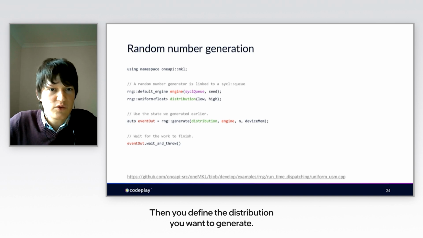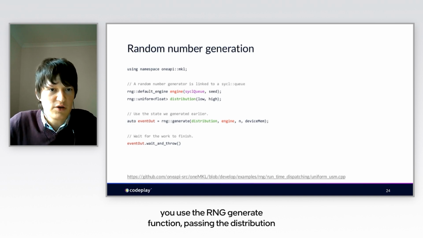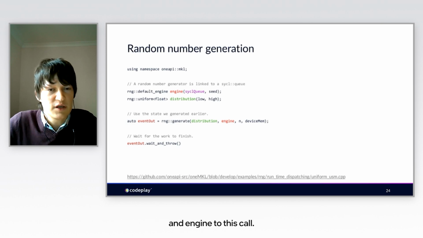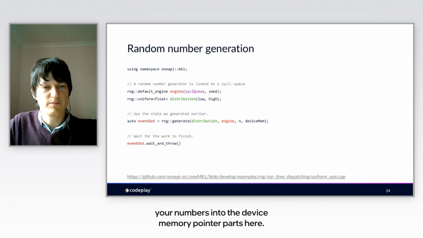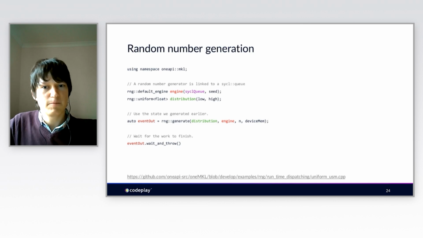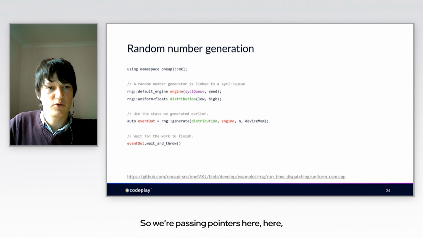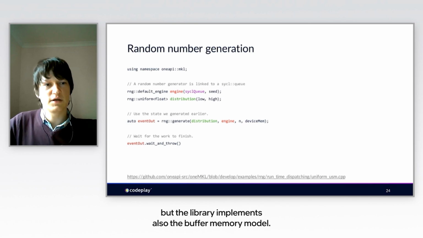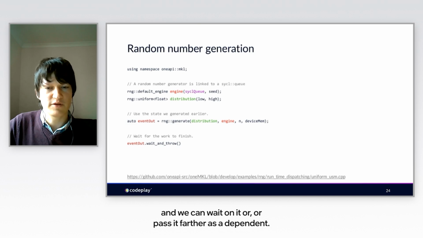Then you define the distribution you want to generate, and finally, in your actual computation, you use the RNG generate function, passing the distribution and engine to this call, and getting your numbers into the device memory pointer paths here. One thing I didn't mention, all these examples show the USM memory model, so we're passing pointers here. But the library implements also the buffer memory model, so both can be used, whichever you prefer. And again, we get an event out of this call, and we can wait on it or pass it further